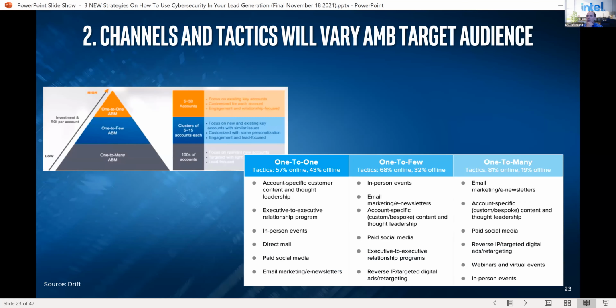Now, I just want to make sure it's clear. You can do account-based marketing at a much broader level. I will just tell you the ROI is less. A lot of people, when they look at account-based marketing, see there's the one-to-one that has some activities with it, the one-to-few, and then the one-to-many. I always say I love looking at account-based marketing from the one-to-one because the ROI is much higher.